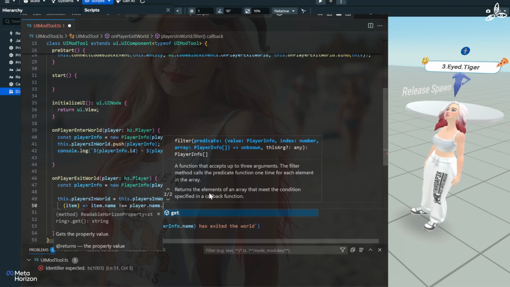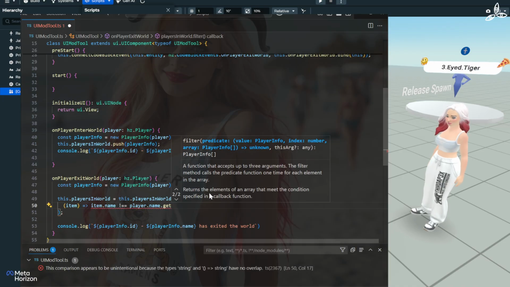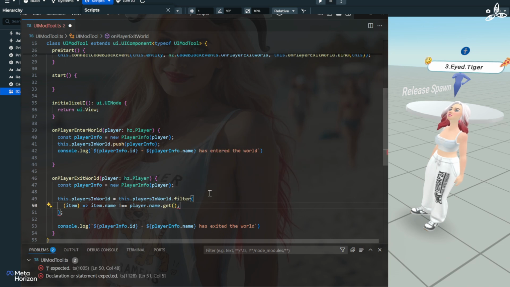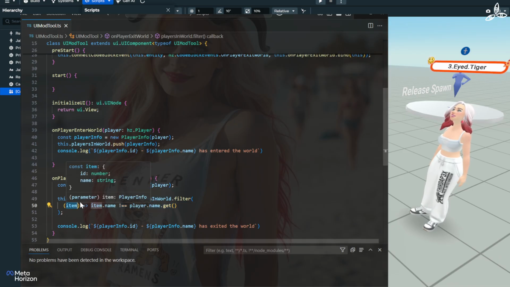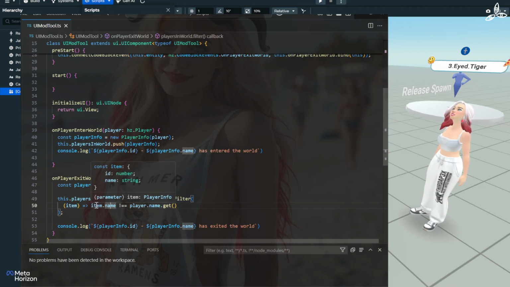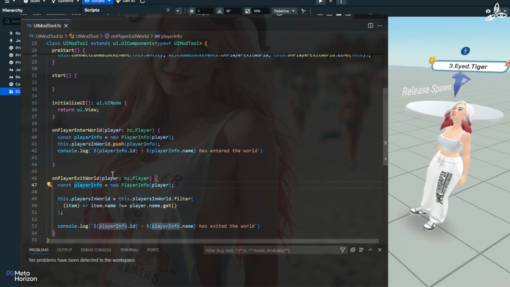So, player dot name dot... is it? Do I need to get on that actually? Yes, I'm sorry. So I'm doing the comparison, right? So what's happening here is this is basically like an argument where we're saying for each item in players in world, we're going to quickly whip through it. And for each item, if the name of the item, which is our player info object, if I get that, I can actually just put up a little reminder there in a pop-up box. It says that in the bottom parameter item player info. Okay. So if the name of that player info is equal to the player who left the world,